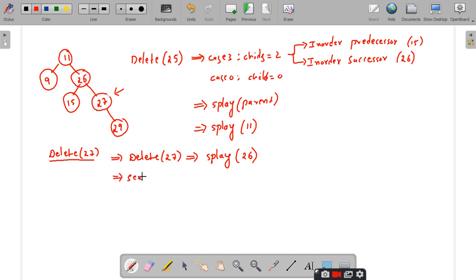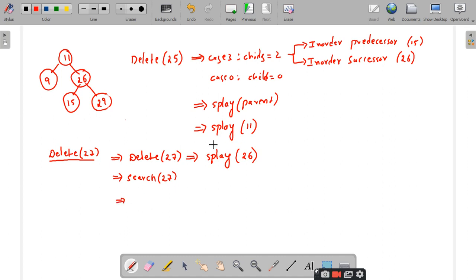First of all, you have to perform according to the deletion of BST of a node consisting of one child. You have to first search for 27. I have found 27 and I found that 27 is having only one child node. So what should I do? I should replace this 27 with the child node 29, and this comes again, it is equivalent to case 0. So you just remove this last node like this. So deletion of 27 is completed.